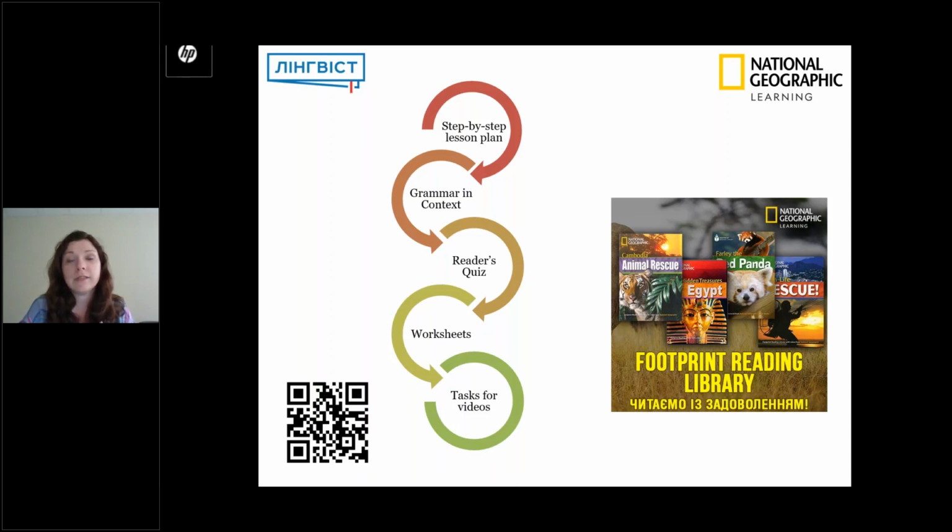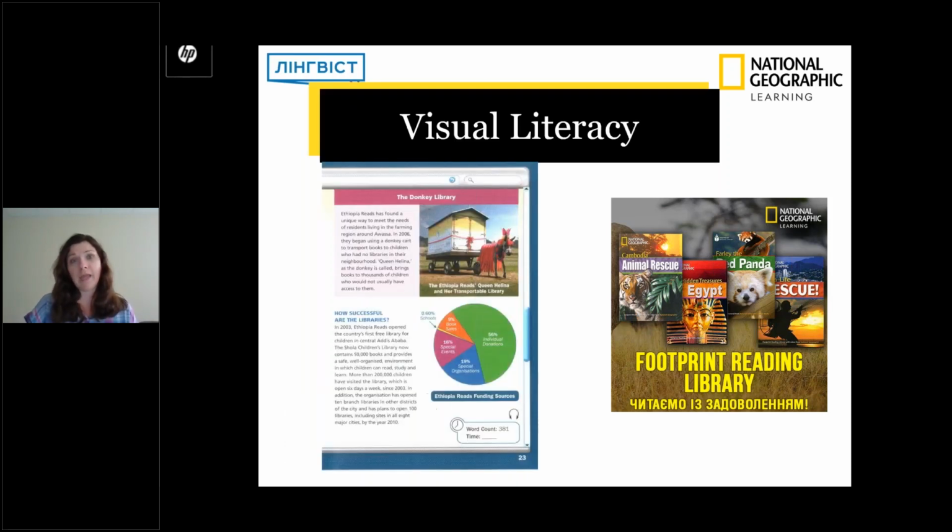And for this book, you have so many activities. It's not just you read the book and forget about it. No, you read the book, you watch the video, you listen to the audio, you work on vocabulary, you work on grammar. Then you organize this knowledge in a quiz or something like that in form of a game. So the teacher's planner helps you to get the most of each book, actually.